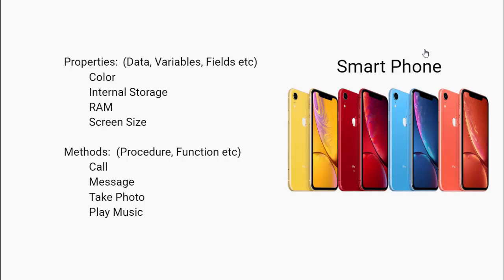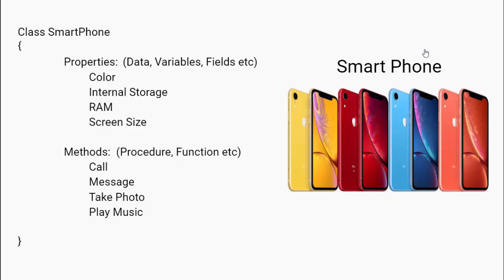Now actually, whenever a company wants to create a new model, they create a design or model, okay, and in that model they will define the properties that they want to have and the methods they want to have in the smartphone. Now in programming, the model or design is known as the class. So let's say we have a class called smartphone, and in this class we have some properties related to smartphones and some methods related to smartphones.